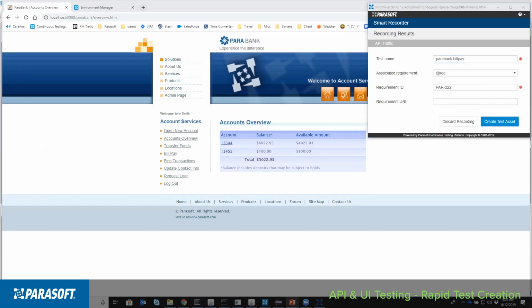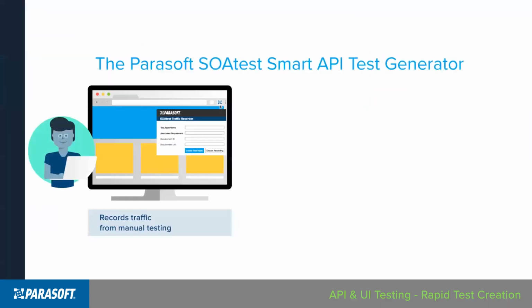Now, before I do that, let me explain really quick what's happening here. Our engine allows us to capture traffic that's taking place in the UI. This is great for manual testers because they can simply interact with the application and get all the different types of tests that they want. From an API perspective, what's going on here is that it's going to use AI to build the test scenario.